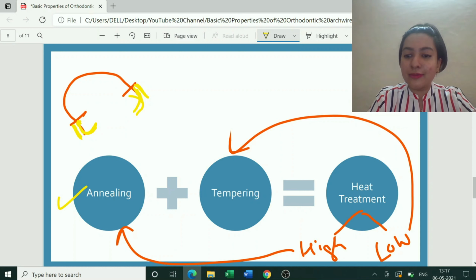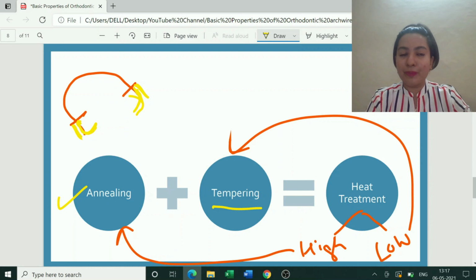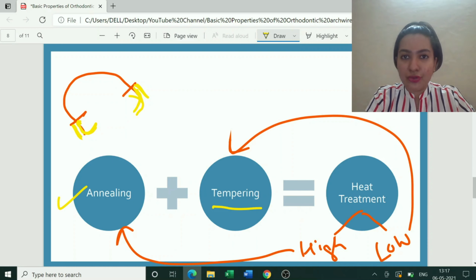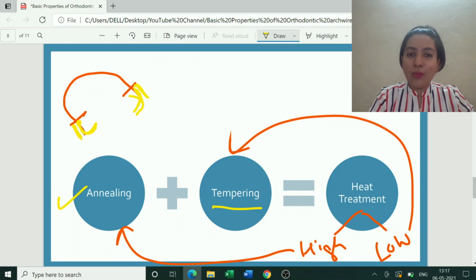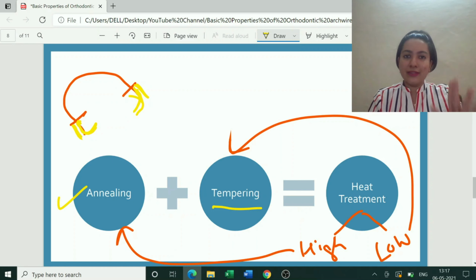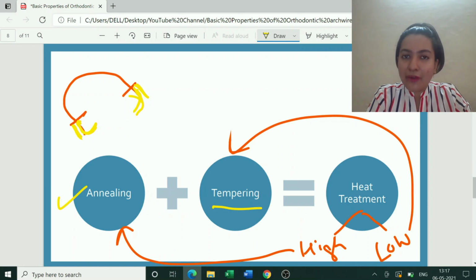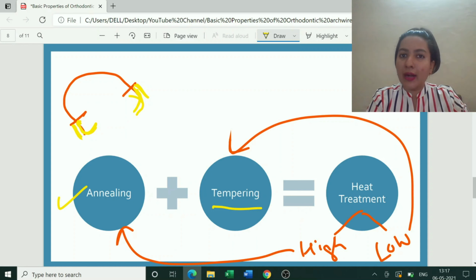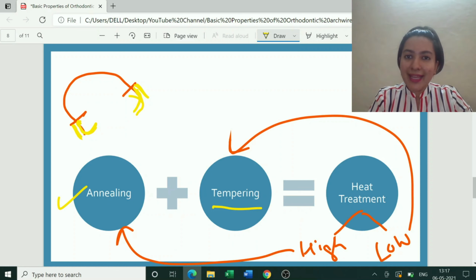Moving on, the next concept is that of tempering. What happens in tempering? It is a low heat treatment. So a wire is taken and it is heated lightly over the flame. Suppose we have a round wire, maybe you have straightened an arch wire. As a final year student, you get round wires which have to be straightened or made into the form of a rectangle, triangle, whatever. So you have that wire which has been partly straightened and you are on the verge of completing it. When you take that particular wire and heat it over a flame, low heat treatment is done.